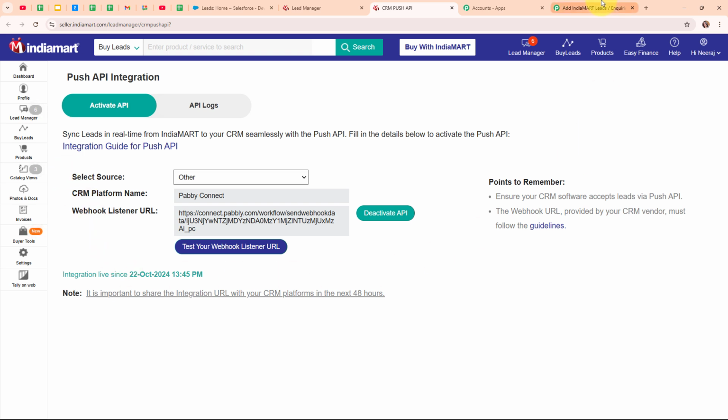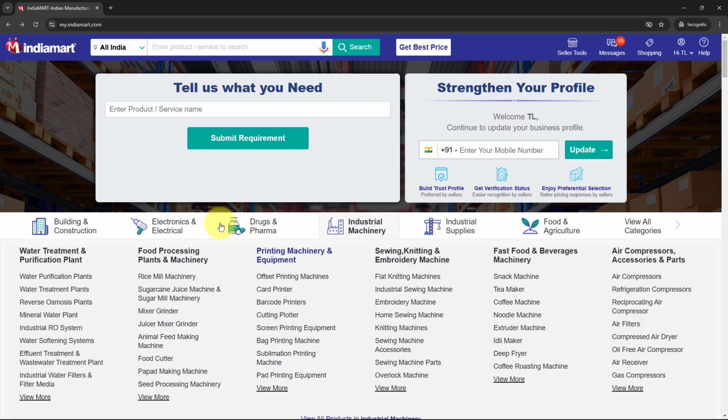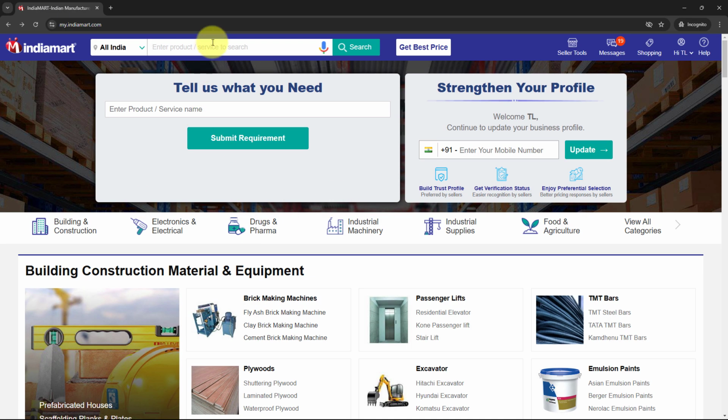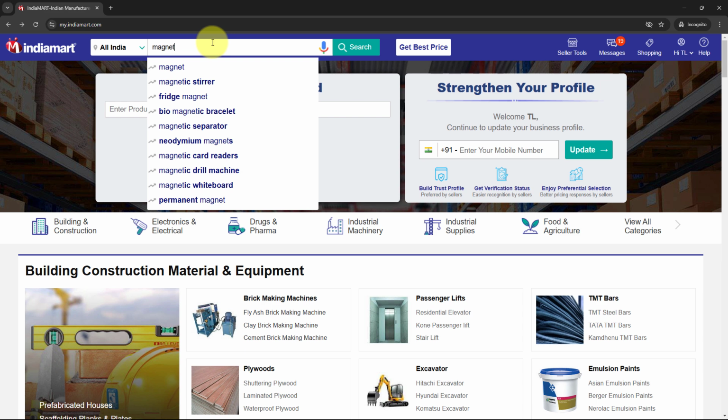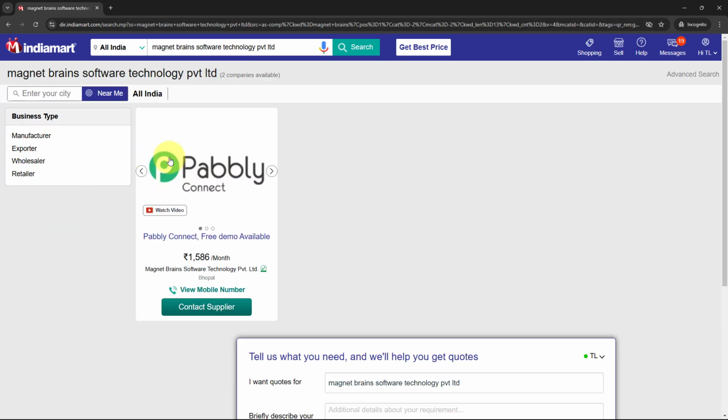So now moving back to my Pabbly's workflow, you can see it is waiting for webhook response. That means to receive a webhook response, we need to do a test submission. And to do a test submission, we need to generate a test lead and inquiry in our IndiaMART account. So to generate the test lead and the inquiry, let me take you to my IndiaMART buyer's account. So this is my IndiaMART seller account, and here I'm going to search for my product, that is Magnet Brain Software Technology. So I'm going to select it, and this is the product that I'm going to make an inquiry